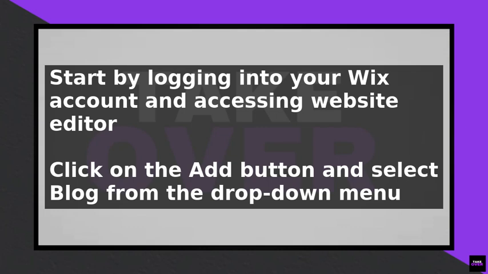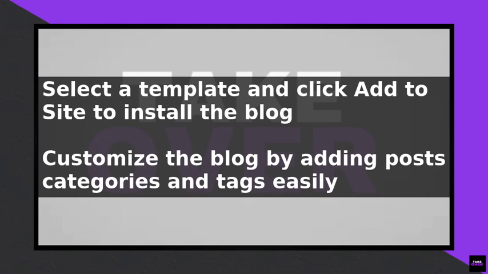This will open the Wix blog app, where you can choose from various blog templates and customize the design to fit your website. Once you have selected a template, click on the Add to Site button to install the blog on your website. The blog will be added as a new page, which you can then customize by adding posts,